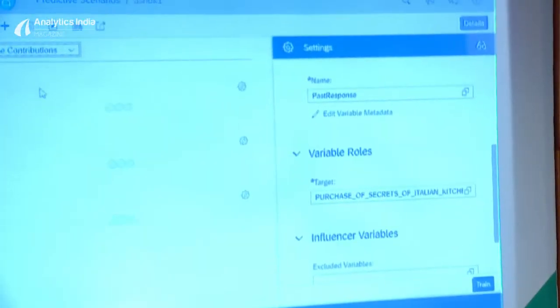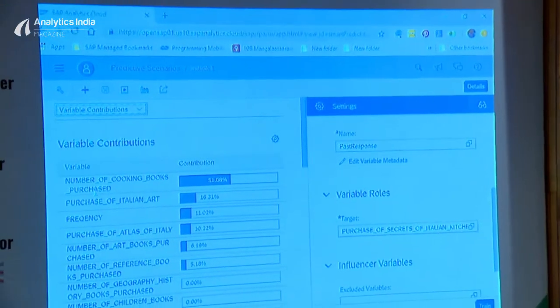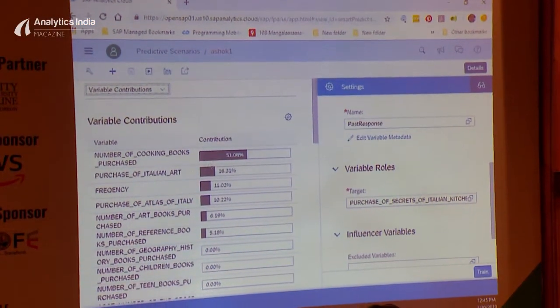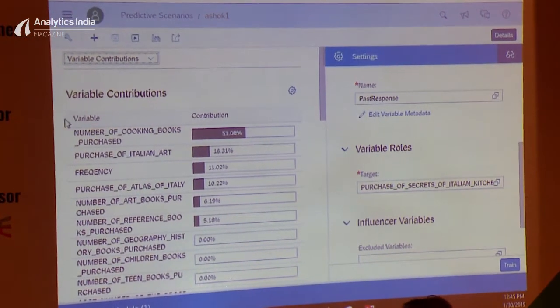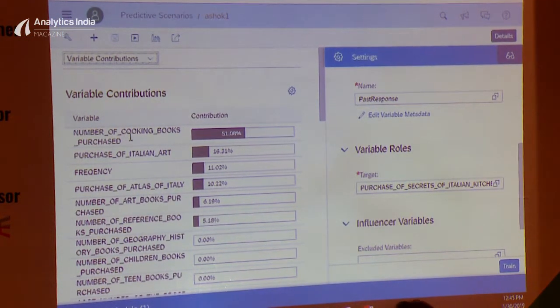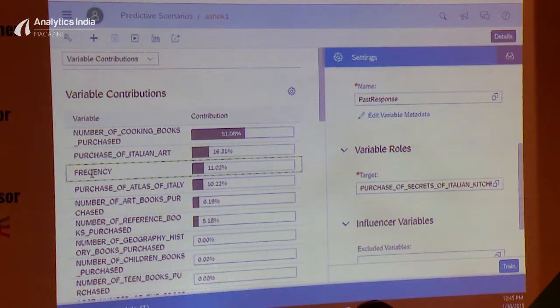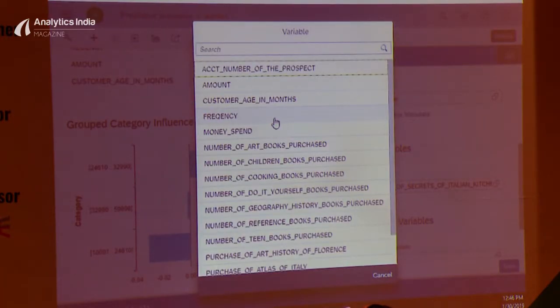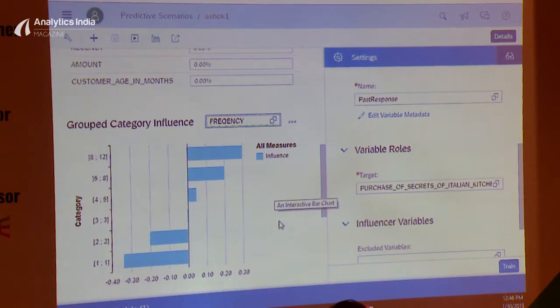There is something called variable contribution here. It says that earlier purchase of any cookbook has a high contribution, a high influence on the people buying the Italian cookbook. Yes, it makes sense. There is more information like frequency. The frequency column is how often the customer has visited the website or the store. That has other contributions too. If you want to understand more about each and every contribution, what you could do, since we saw there is a relation with frequency,